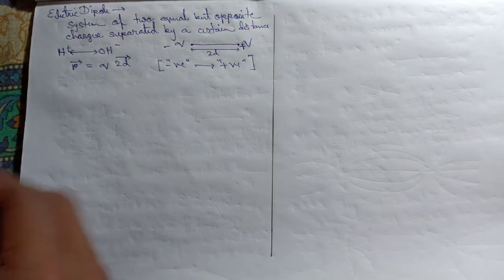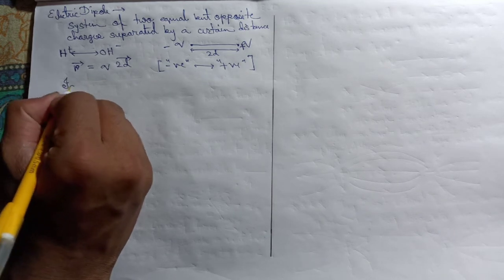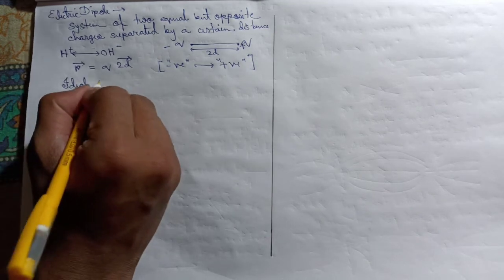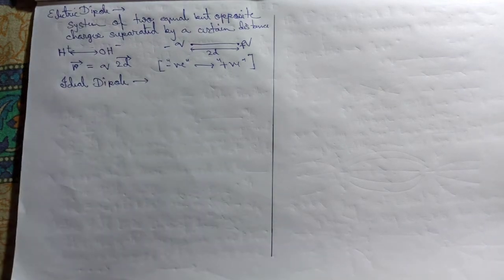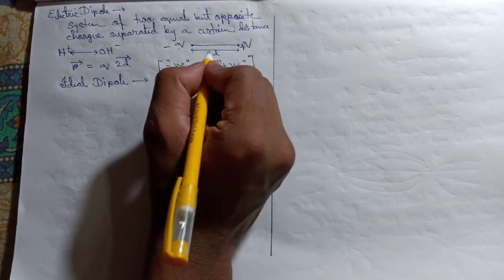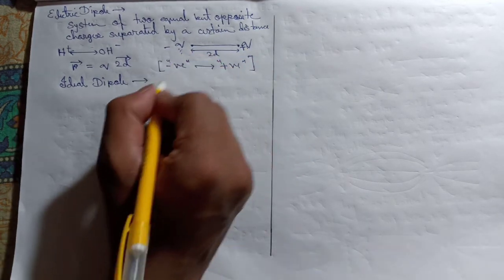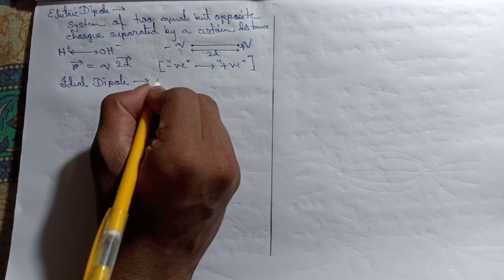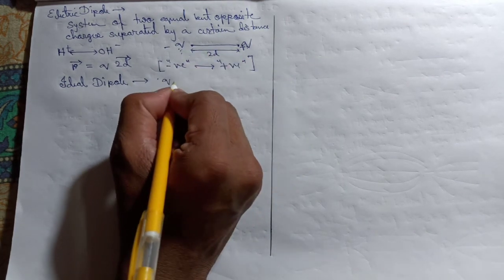And one more thing, the ideal dipole. The condition for an ideal dipole is that these two charges are equal, and these charges have a high value compared to the distance. So we can say these charges almost